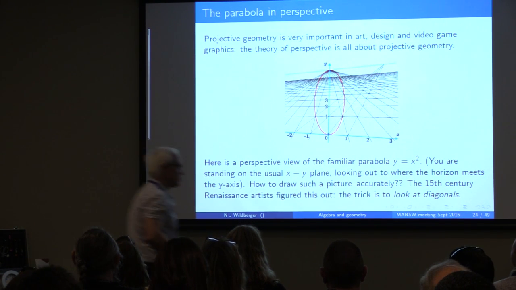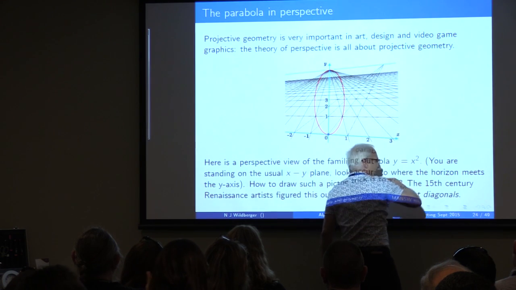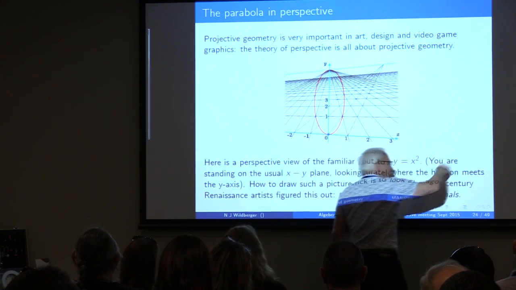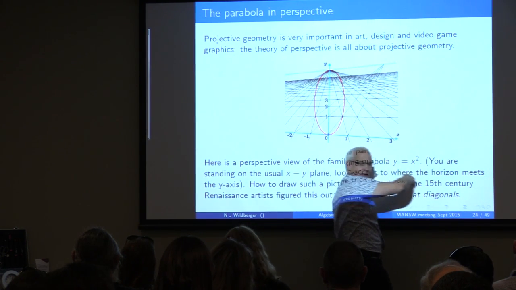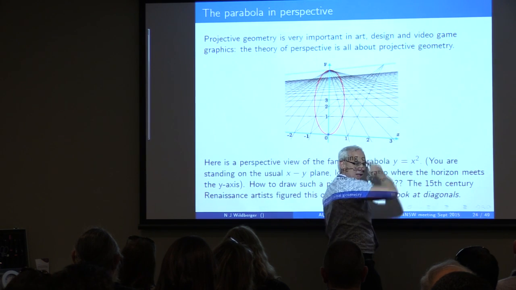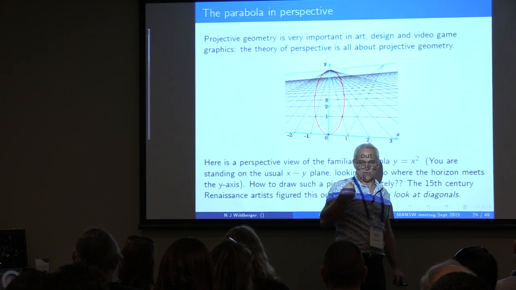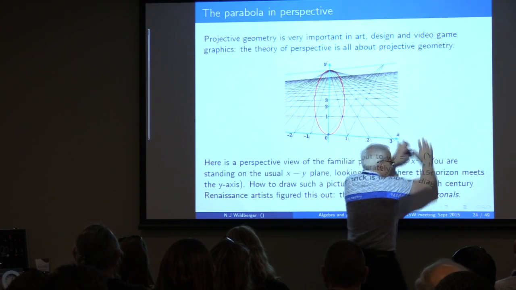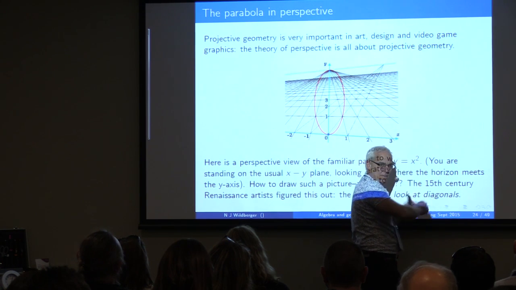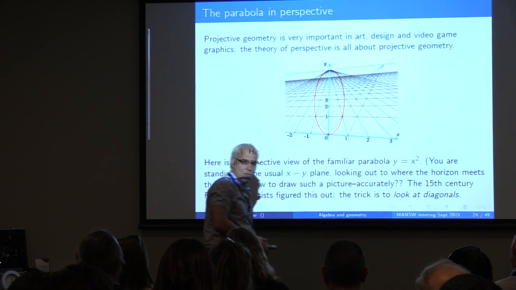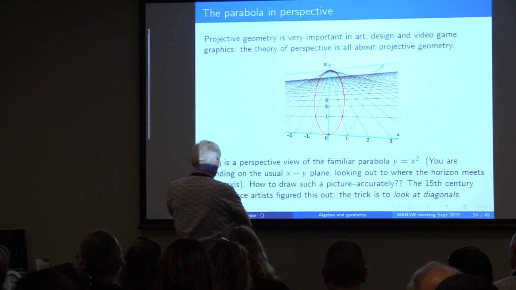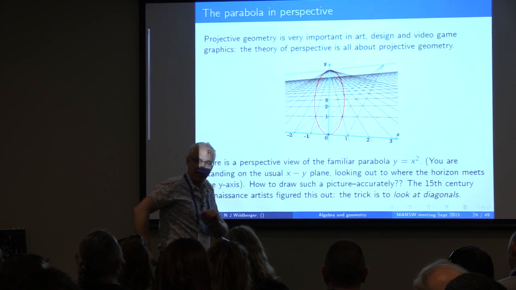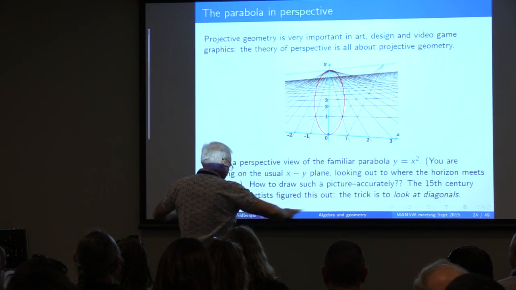Of course, we all know that usually we draw the y-axis, and then we draw y equals x squared. That looks like that, right? We've all done that hundreds of times. That's not really the true picture, because that's only sort of part of it. What you want to do, perhaps, is think of the xy plane as a huge plane on which we are standing. So imagine there being no buildings.